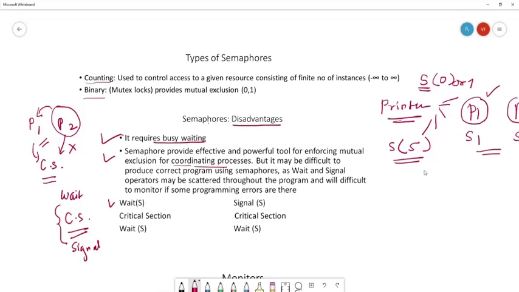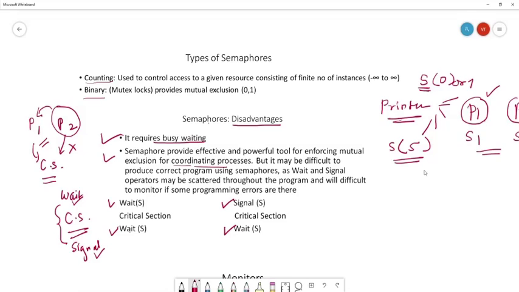By mistake, if the programmer, instead of writing wait first and signal last, writes signal and then wait, there will be a problem in the program. It will be very difficult to trace the problem. This is generally known as timing errors, and this is unacceptable.